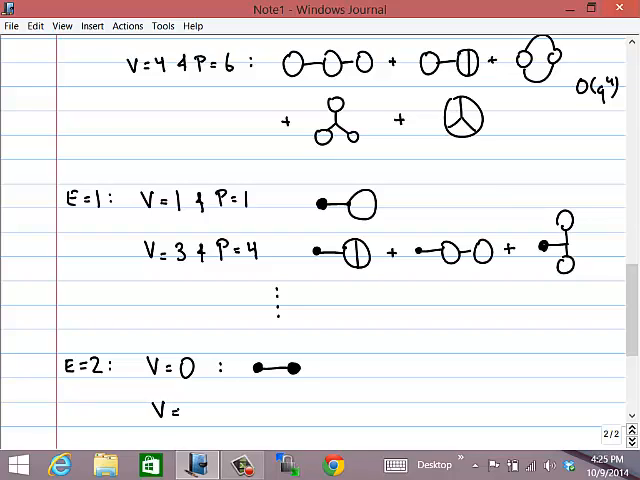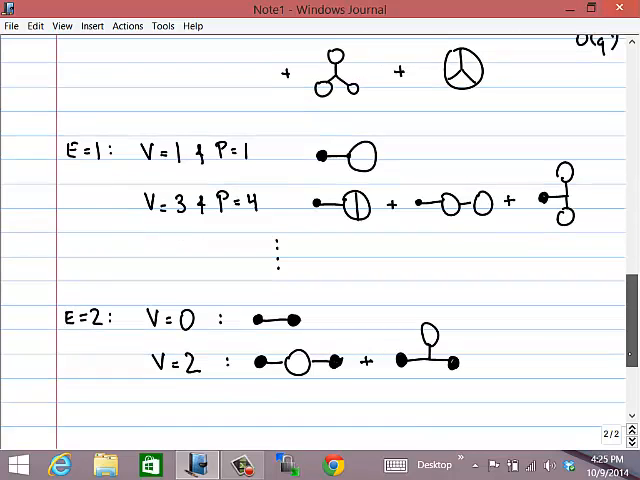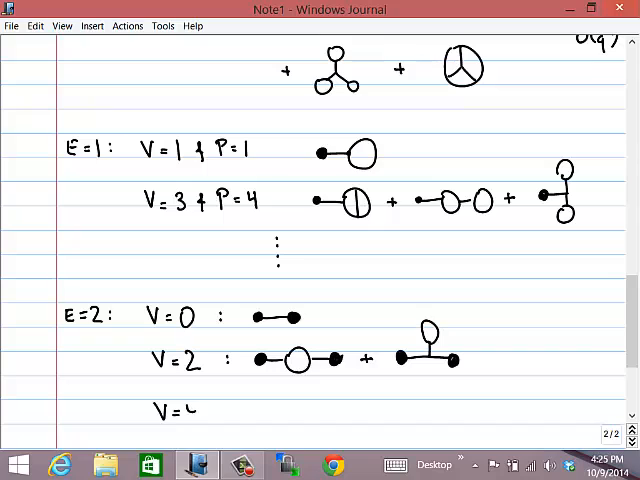There's a contribution with v equal to 2. Actually, there's two contributions. There's this one, and there's this one. There will be contributions when v is equal to 4, and so on and so forth. And so, in fact,